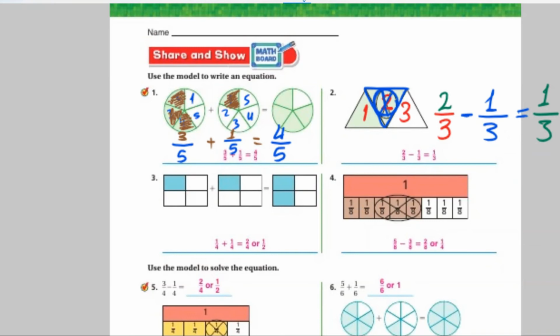Okay. So now the only shaded one we have here is 1, and the total is four. Excellent. So it will be 1 over 4. Great. And here, 1/4, the same thing. And the answer will be,